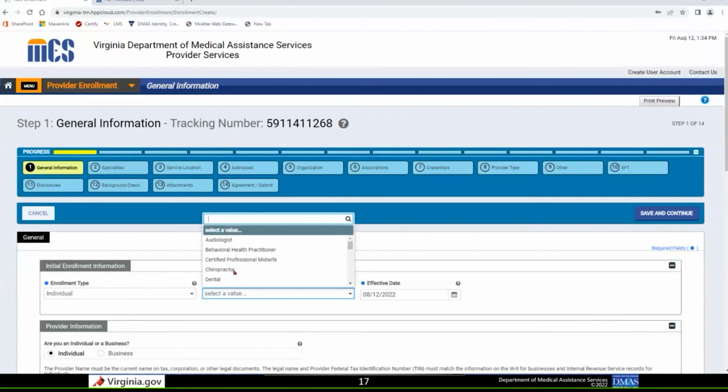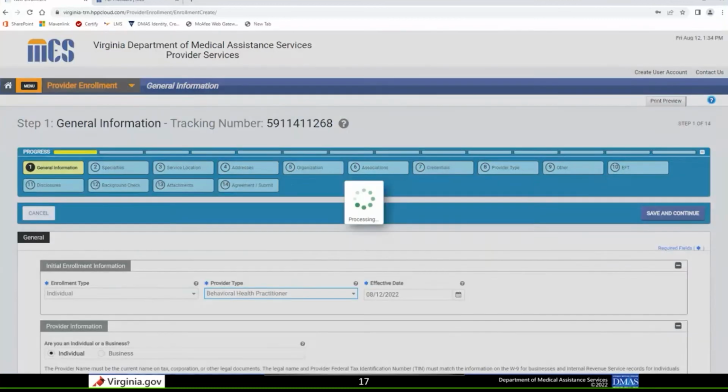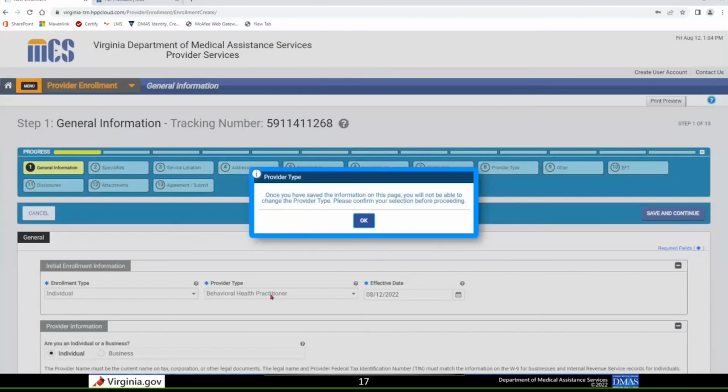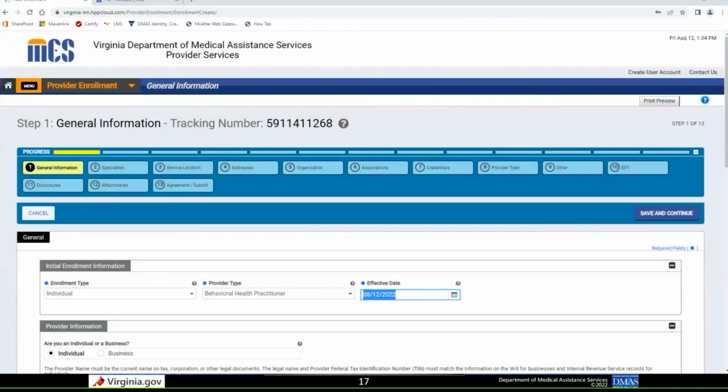When we select our provider type in the field, we get that message here as well. So once we leave this general information page, we will be unable to change the enrollment type and the provider type. So in order to save time, instead of completing an enrollment in the session, I'm actually going to demonstrate